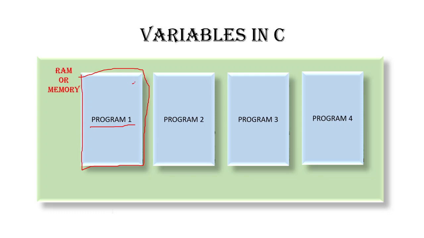If the program tries to fetch any other data outside the space that is allocated to it, the program will throw an error. So this is the basic overview. Keep this in mind: whenever a program is run, it is given some space in the memory, and within that space only the program has to execute. Let's take this forward. We'll consider program 1 as our C program that has been executed, take this as a reference, and proceed with the next slide.